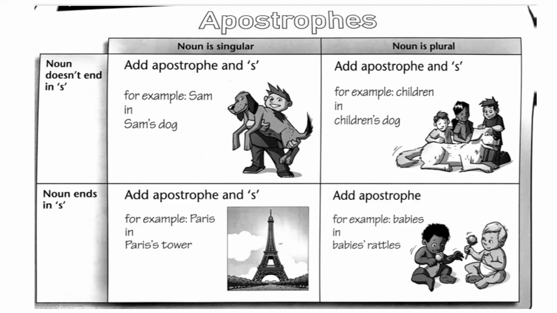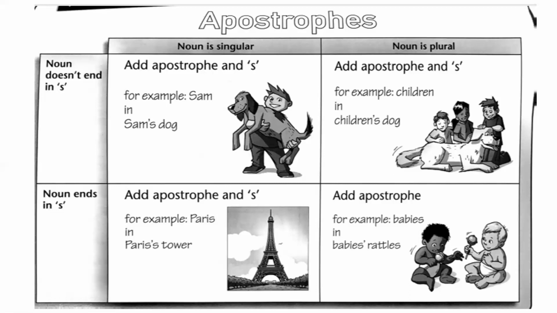Now if we look at plural nouns that do not end in S, for example, children, because there is more than one, there is a group, and we talk about their dog, we would say the children's dog. We would use an apostrophe S at the end of the plural noun, which is children, to indicate that it